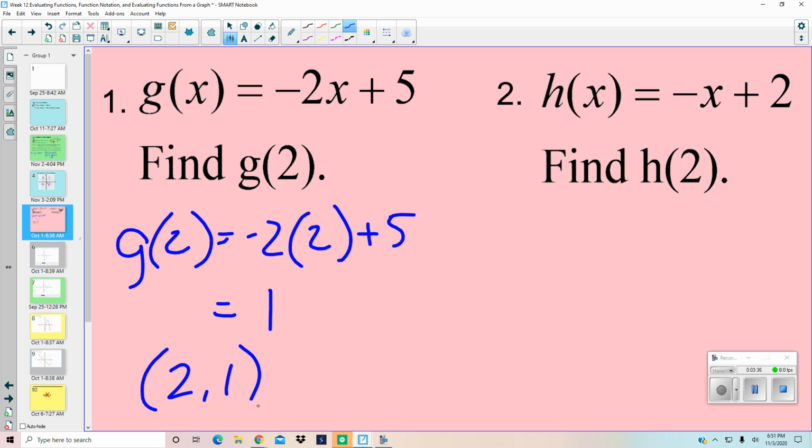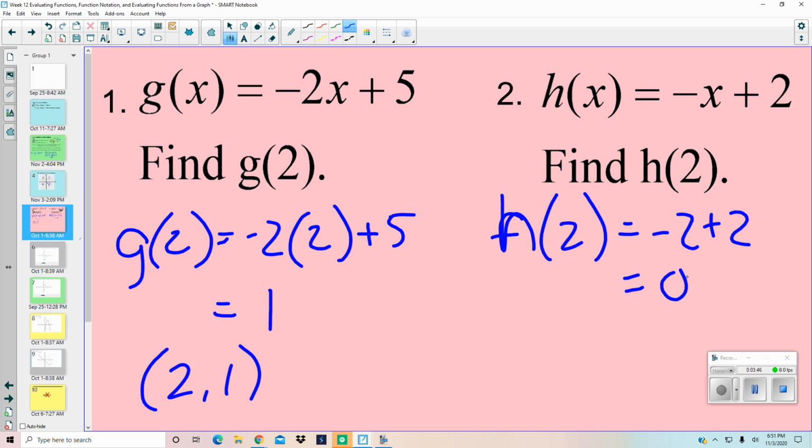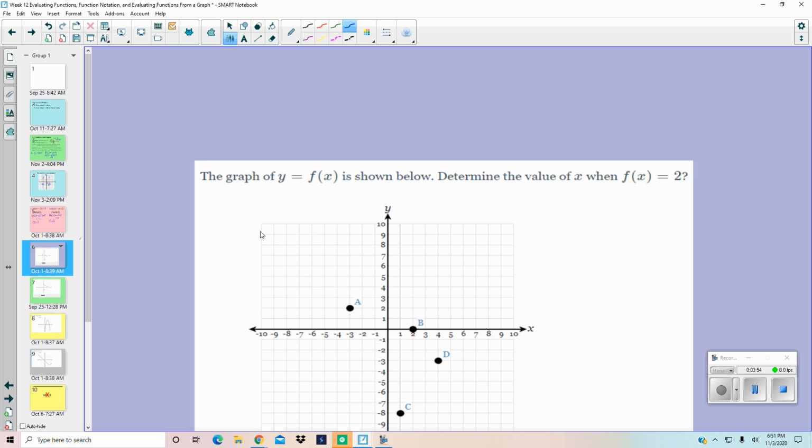If I'm looking at function h, and I put in 2, and that would be negative 2 plus 2. That would give me 0. So 2, 0 is that ordered pair. You're also going to be evaluating functions